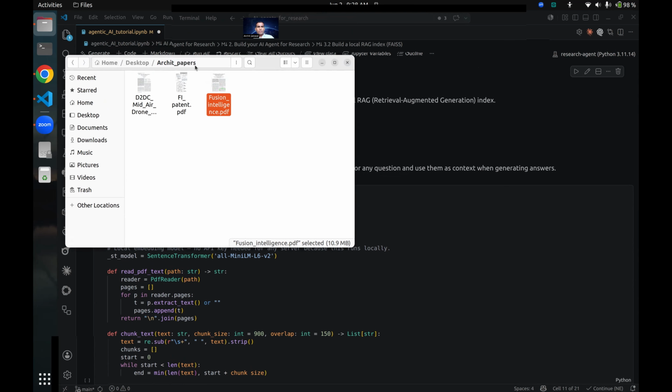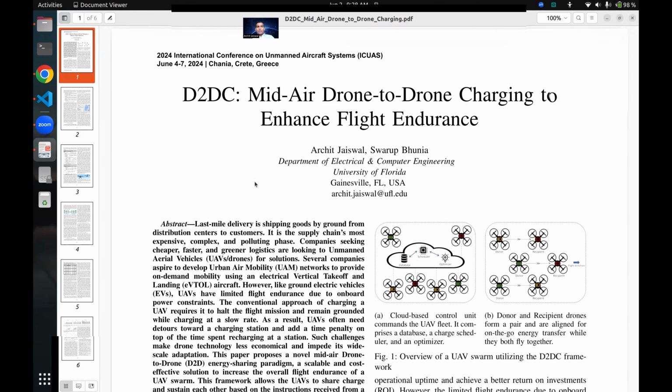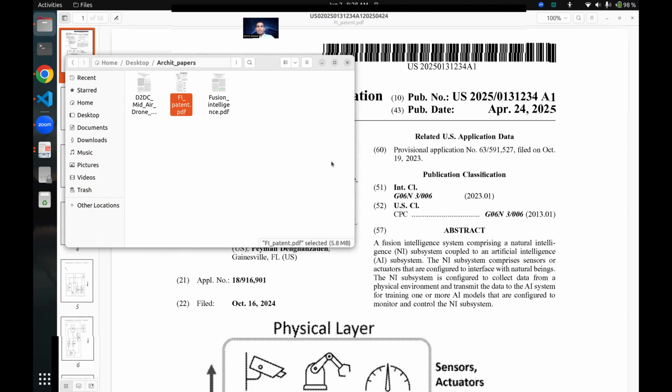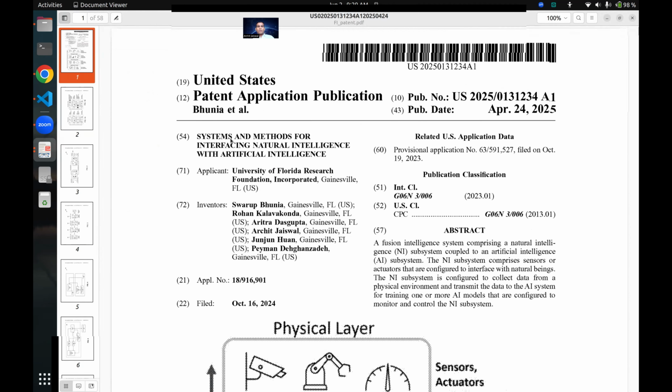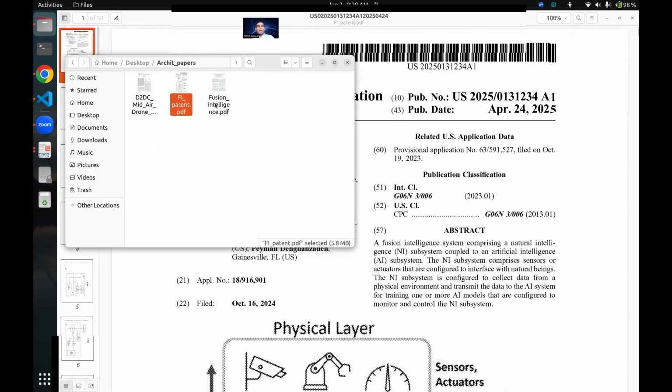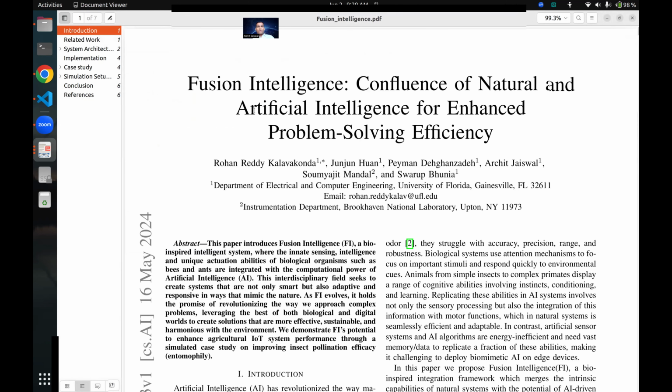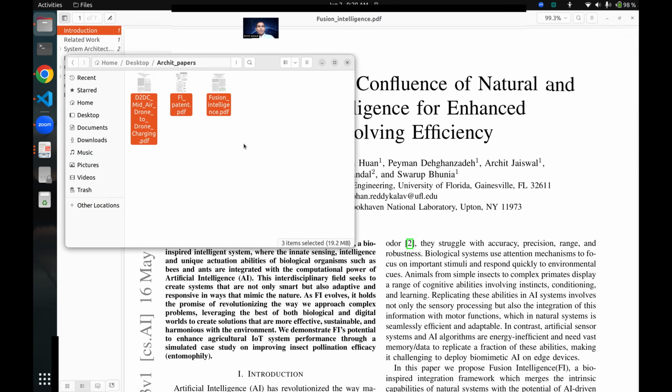So these are the local PDFs, and I'm basically going to ask the LLM questions coming from these local PDFs. And you can see one paper is mid-air drone-to-drone charging for enhancing the flight endurance. And then the second paper is basically a patent application on systems and methods for interfacing natural intelligence with AI. And another one is also a long paper about fusion intelligence. So I am going to provide these three papers to my code, and my code is going to create the